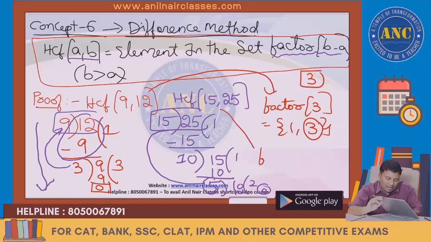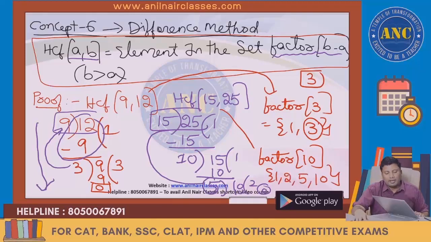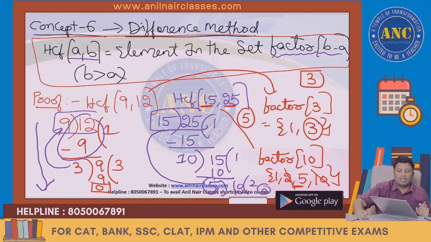What is the HCF using factors of their difference? For 15 and 25, the difference is 10. What are the factors? 1, 2, 5 and 10. HCF of two odd numbers will be an odd number, so 10 and 2 are out. 5: 5 3s are 15, 5 5s are 25. So the answer for this question is 5.